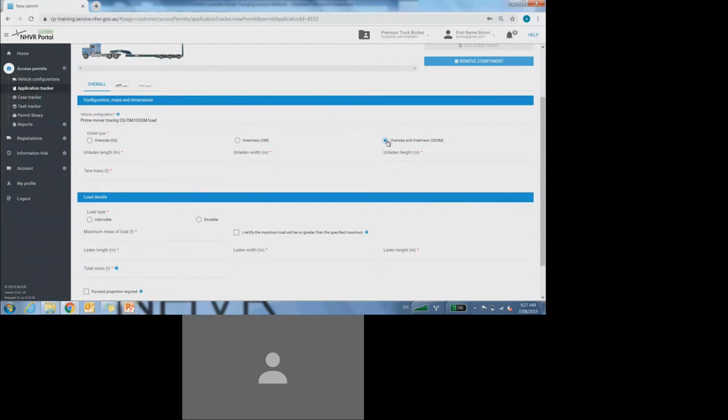And the application is only going to prompt you to complete those fields if you correctly identify that you are over mass. If you're just oversized, it won't require you to complete the axle mass and spacings. But of course, if you are over mass, we need those details. So it's important to select that you are over mass, and then of course complete the axle mass and spacings